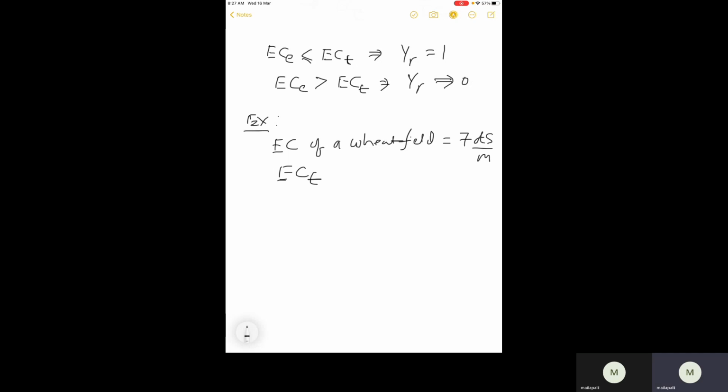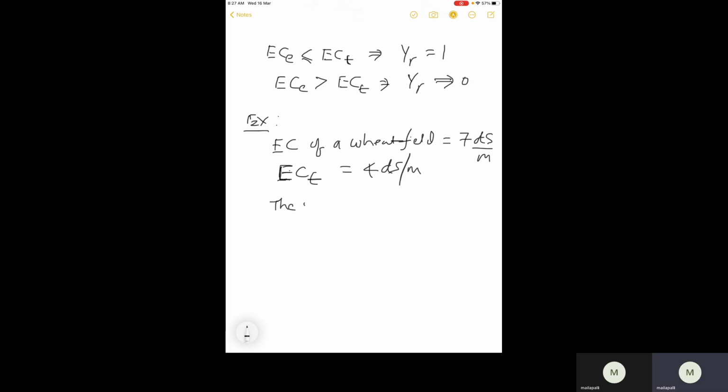So that is for which you get the potential yield, right? So ECT will be 4 decisiemens per meter. So ECT is the threshold for which you get the maximum yield. Then after that, your yield is going to decline. Okay. So the actual yield, let's say,